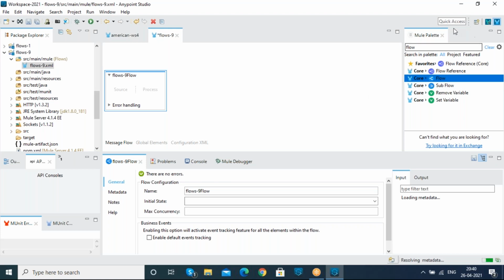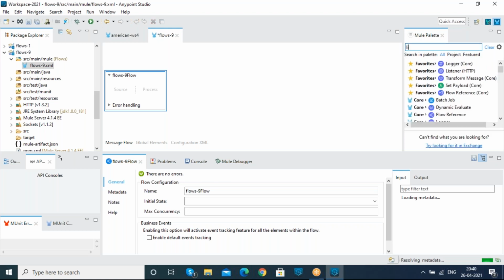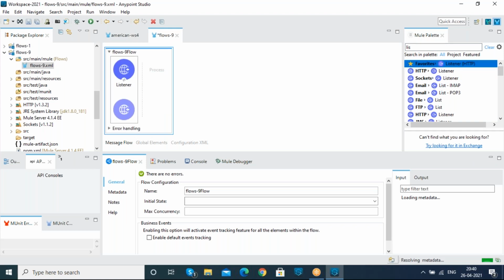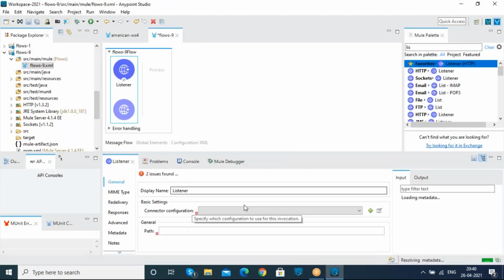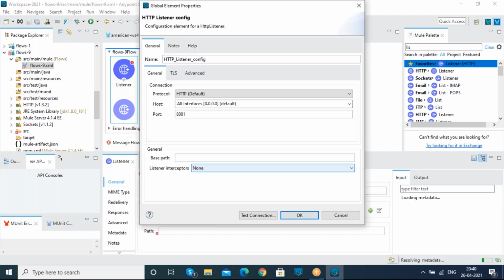What I am going to do is drag and drop the HTTP listener connector here under the source message. Under the connector configuration, we are creating an HTTP listener configuration where we can listen to the request and display the response in the browser with the help of port number and end path.